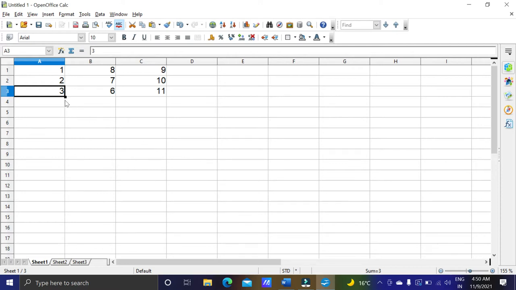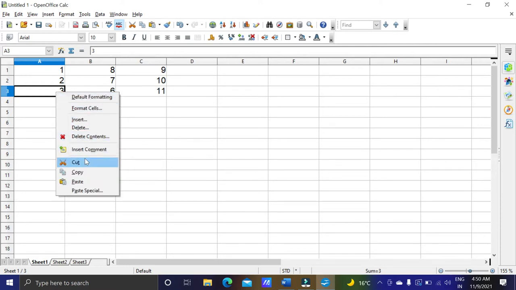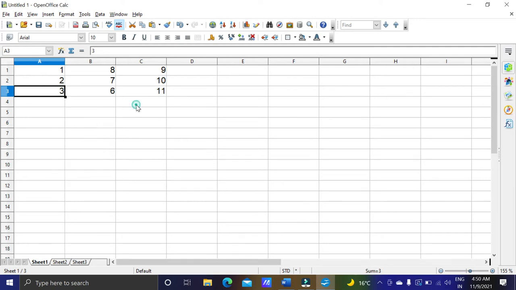Control plus C, or we can right click and then copy. Now I want to apply multiplication to all of these cells, meaning from A1 to C3. I want to multiply all the numbers with 3, and that's why I copied this number in cell A3.